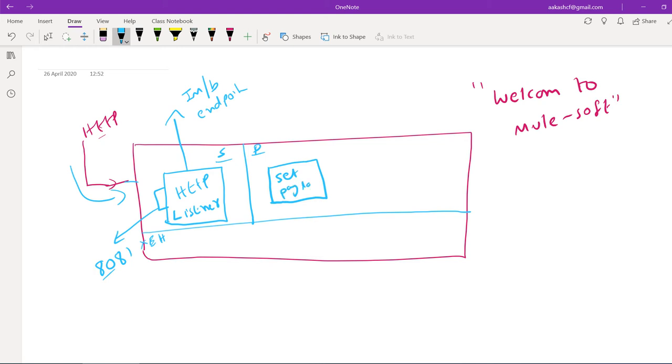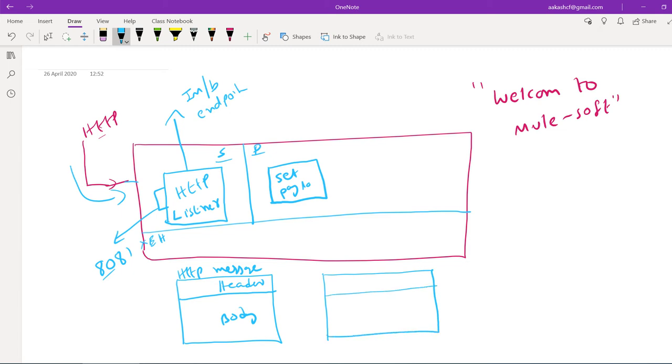Don't try to understand what these components are. Try to understand the basic flow, how it works behind the scenes. When I configure an HTTP listener, it is listening for the request, and what is its responsibility? Normally, when you get a request, one message will be created, that is an HTTP message. Every message will have some header and a body. This inbound endpoint listener's responsibility is converting the plain request to a Mule message.